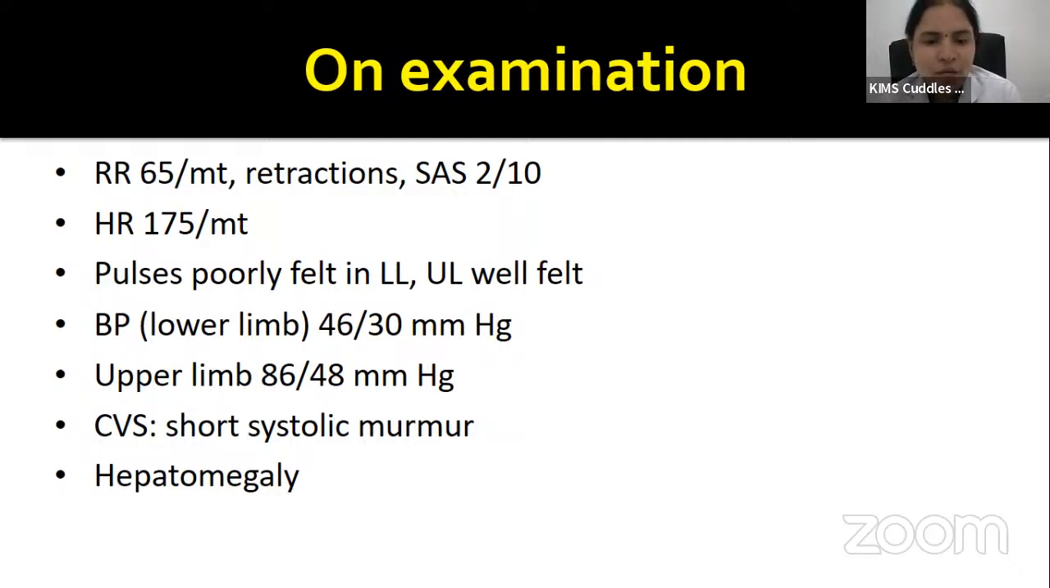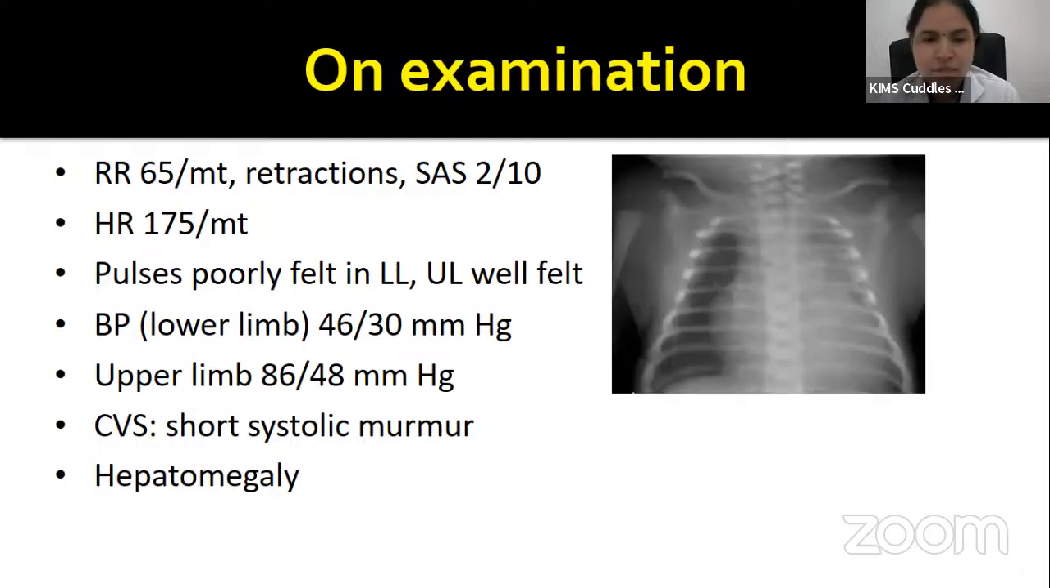CVS examination revealed a short systolic murmur with hepatomegaly. So this is a classical case of a duct-dependent systemic circulation. Classical presentation, baby deteriorating by day 2, day 3. Although this can sometimes manifest until the end of the first 28 days also, the baby having discrepancy between the